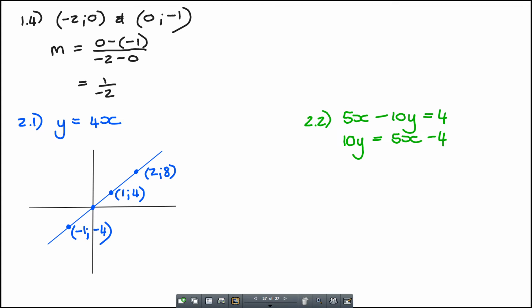Now, I still don't have y as my subject. Ek wil vir y alleen hê. So I want to get rid of that 10. So it will be y is equal to 5x over 10 minus 4 op 10. Of jy kan dit alles saam ook gaan sit dit op 10, nee? In other words, y will be a half x minus 2 over 5. Is julle reg daar? So hier moes jy net so 'n bietjie ekstra werk gaan doen het voor die tyd. Right, so ek gaan